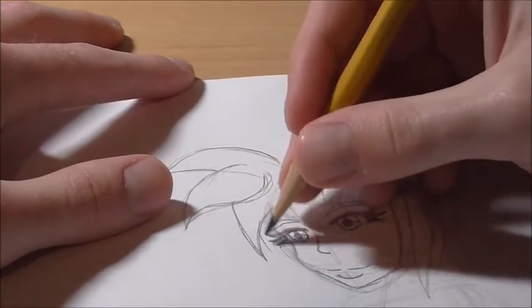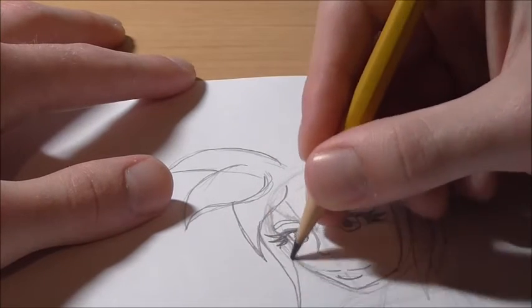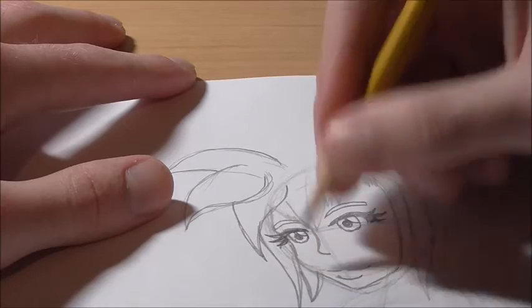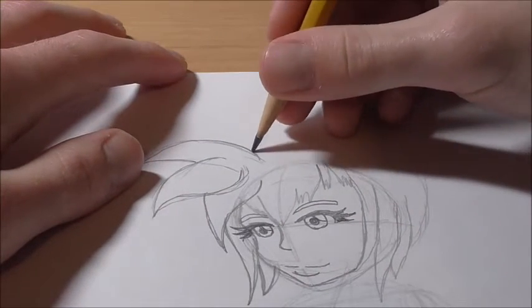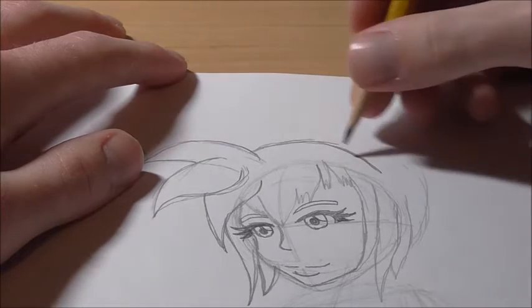And then you can draw the remaining other bangs that are on this side over here, which is just a curved line with a little spike at the bottom, and another one here. Like that. Then to wrap it off, we can draw our headband, which I put the ears on the headband. So,